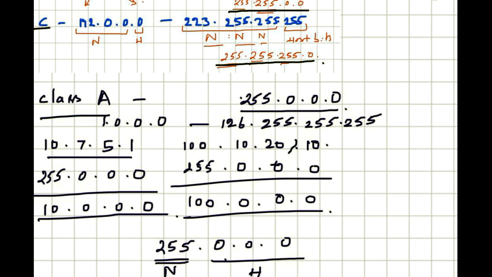So in order to overcome this drawback, where we want more subnetworks and a moderate number of hosts, the workaround is to borrow some bits from the host portion and combine them with the network portion, and give the remaining bits in the host portion to the hosts. So you can see here how this is done.